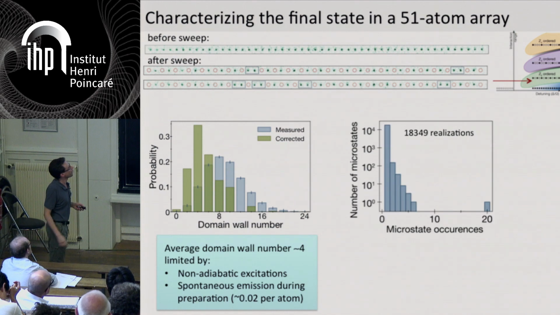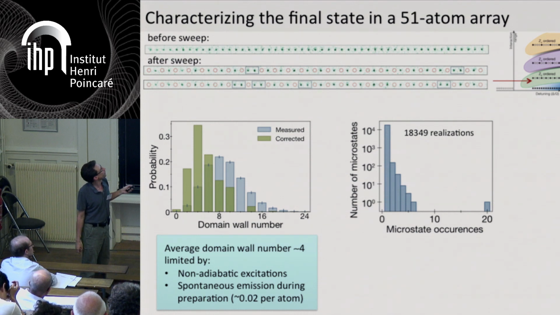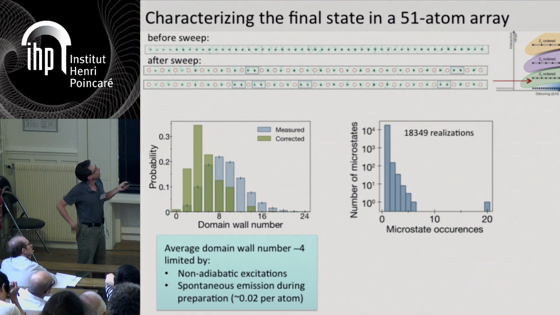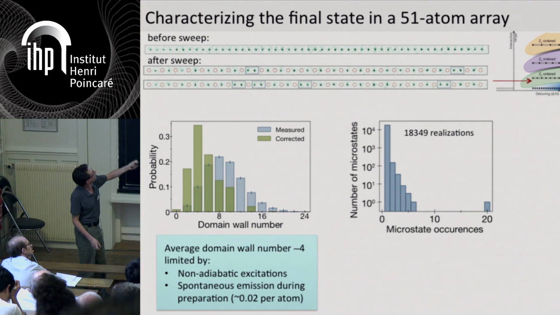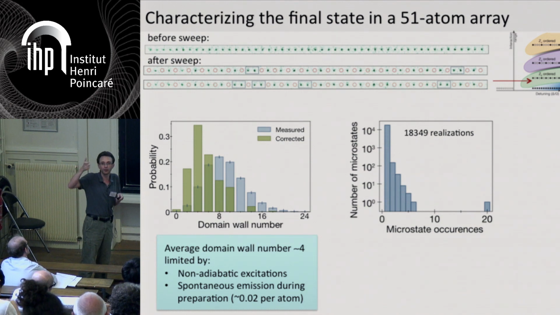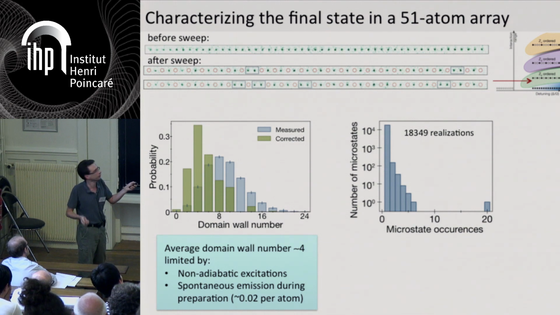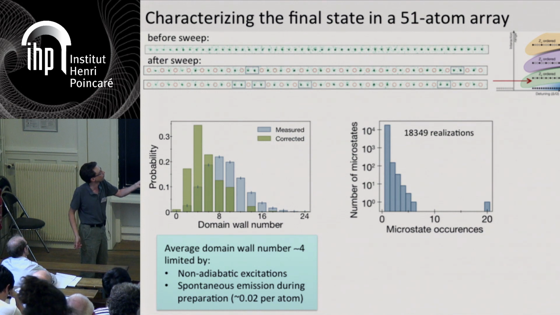So is it good or bad? Well, it's a matter of appreciation, but what we like to show is another way to plot our data. For 18,000 instances of the same experiment, we get, for each instance, 1 microstate, which is a single-shot image like that, and we can count how many times we got each microstate. So remember, there are 2^51 possible microstates, which is a huge number. So most of them, we don't observe, of course. Almost 80,000 of them we observe once. But there are some specific microstates that we observe twice, 3 times, 4 times, etc.